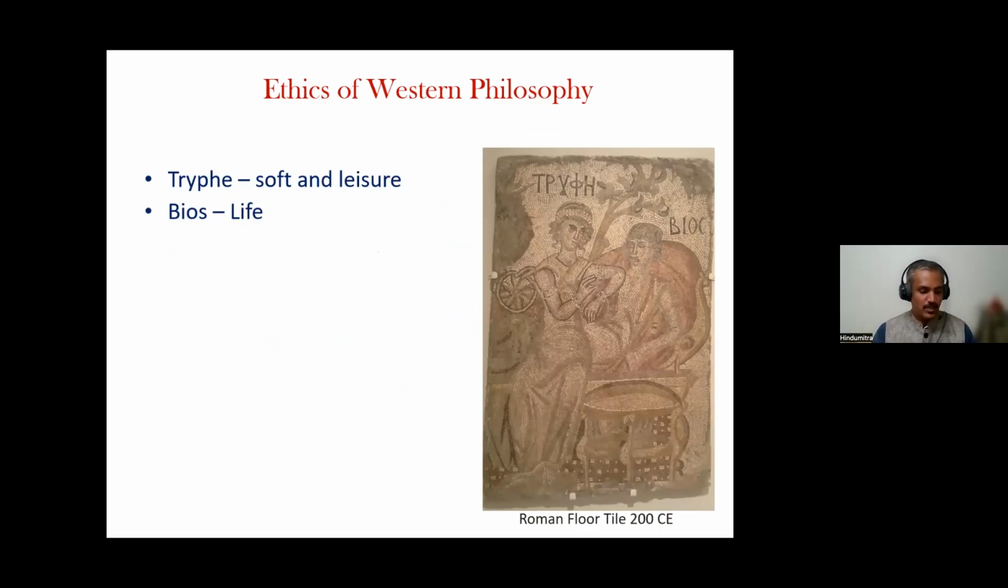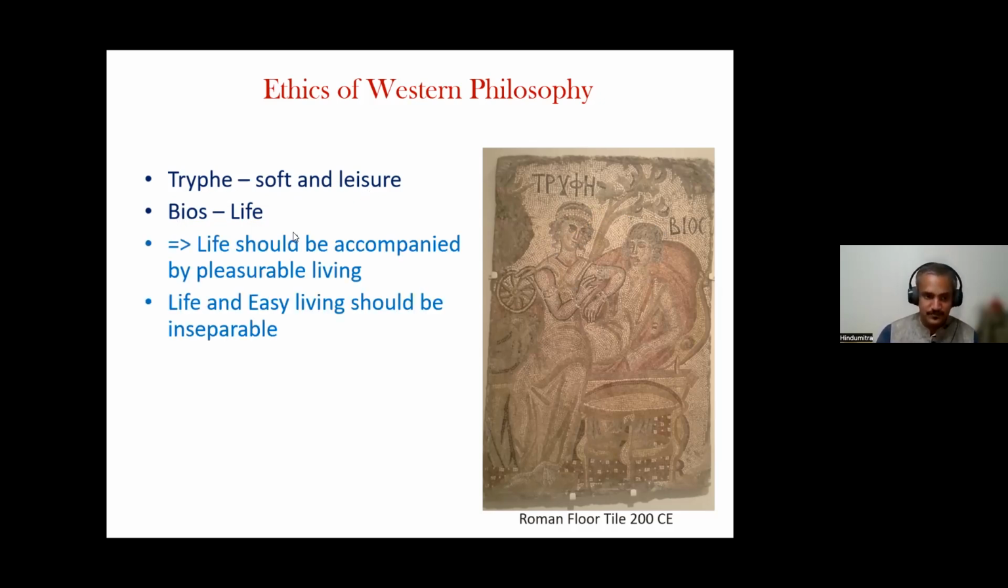I would like to compare Western philosophy and Indian philosophy. Why do Indian philosophies differ from Western philosophy? This is a Roman tile found from around 200 CE, Common Era. It clearly says Triphy and Bios. Bios is represented by a male and Triphy is represented by a female. Triphy means softness and leisure. Bios means life. So what it's trying to represent is,